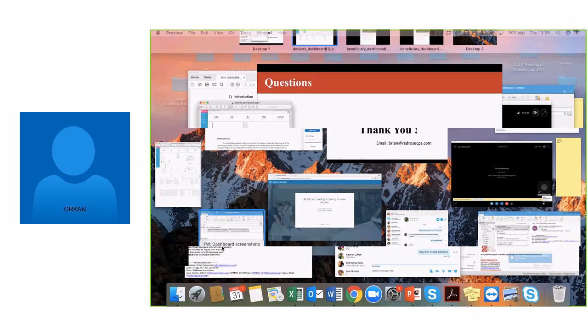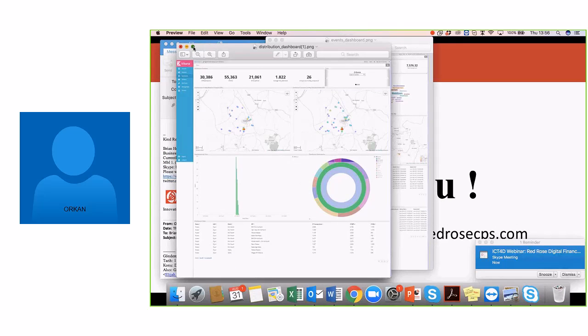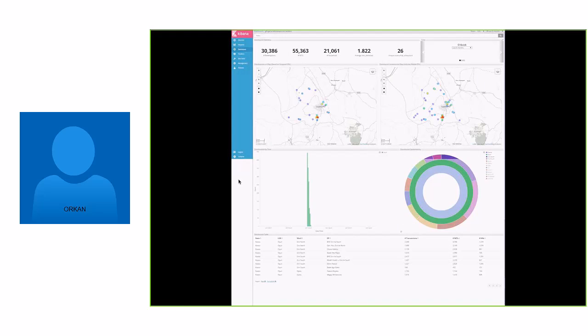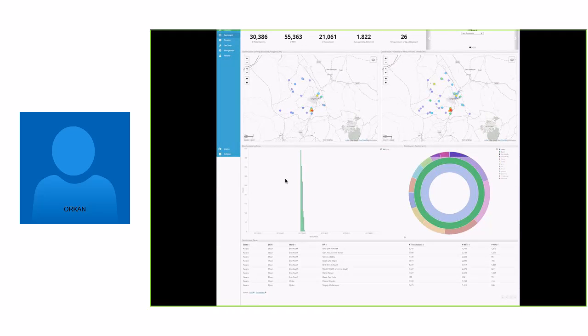Since malaria is a big problem in Nigeria, this bed net project has a big influence on the country. So when we look